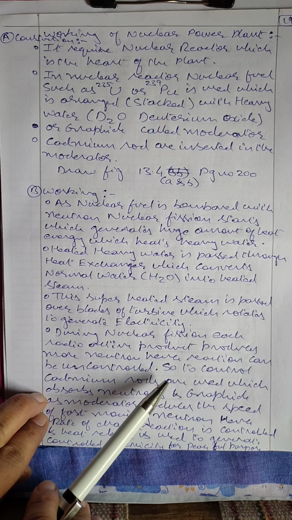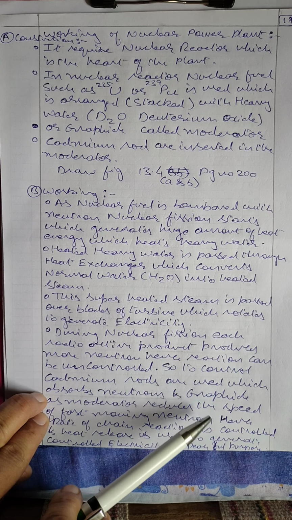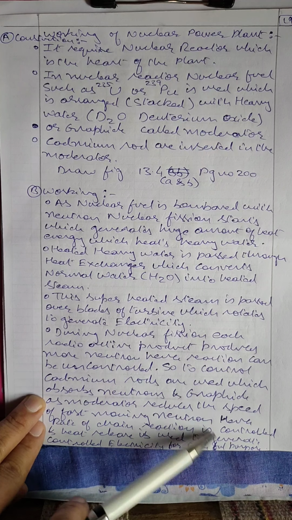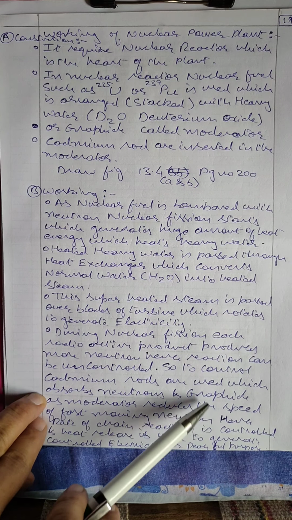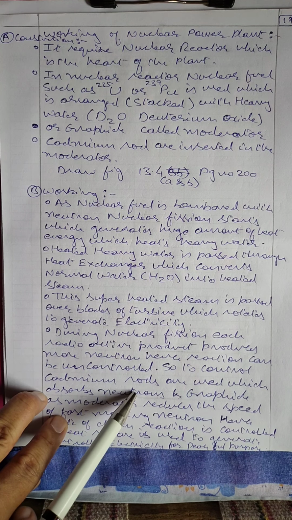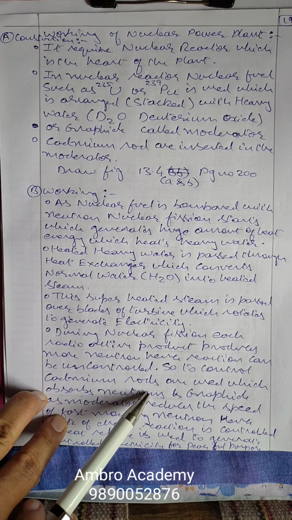We have already studied that when uranium is bombarded with a neutron, it gives three neutrons, and these three neutrons again bombard three different uranium atoms, which again generate 9 neutrons, and this is how the chain reaction starts, and it becomes uncontrollable. But we need to control it, so we are using a moderator. The graphite first of all reduces the speed of fast moving neutrons, and cadmium absorbs neutrons. So how many neutrons are generated? We absorb the neutrons. As we absorb the neutrons, the nuclear fission reaction slows down,